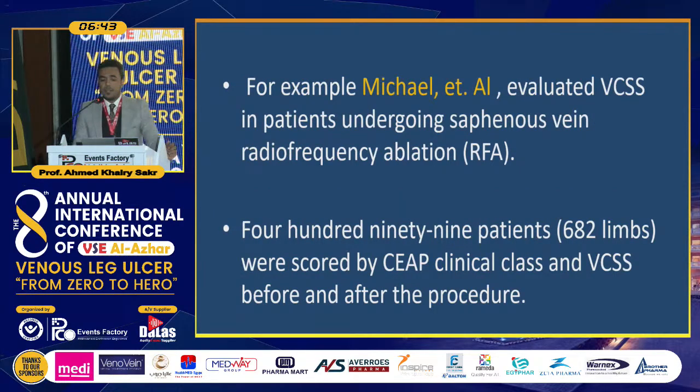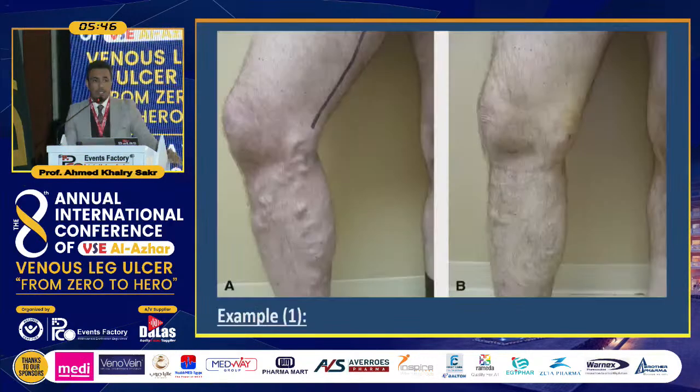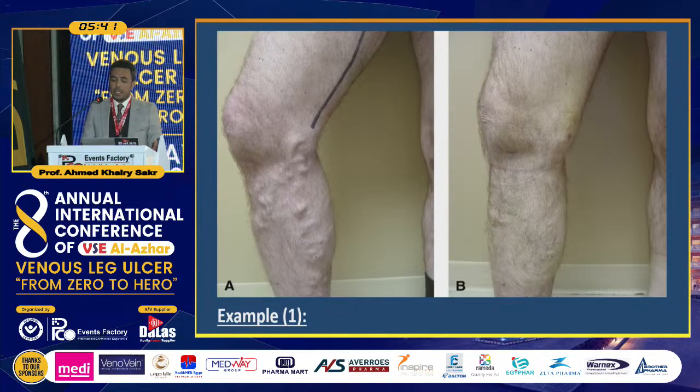For example, Michel et al. evaluated the venous clinical severity scoring system in patients undergoing saphenous vein radiofrequency ablation. 499 patients and 692 limbs were scored by CEAP clinical classes and the venous clinical scoring system before and after the procedures. They concluded the venous clinical severity score was 7. After treatment, scoring changes from clinical CEAP 2, and the venous clinical scoring system downgraded to grade